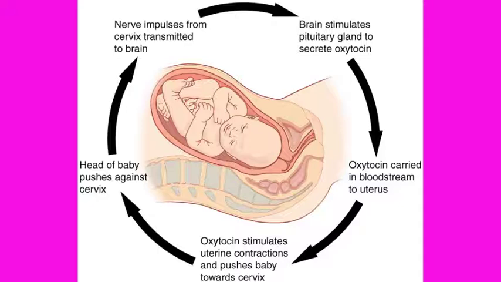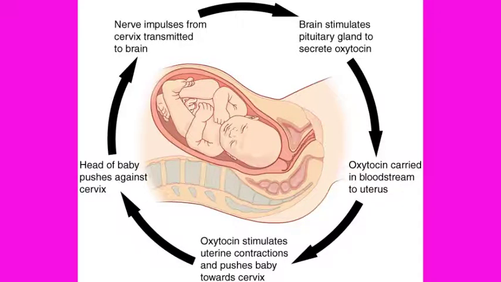The picture in this video is an example of a positive feedback loop. It is a normal childbirth which is driven by a positive feedback loop. A positive feedback loop results in a change in the body's status rather than a return to homeostasis. The first contractions of labor, which is the stimulus, push the baby toward the cervix, which is the lowest part of the uterus. The cervix contains